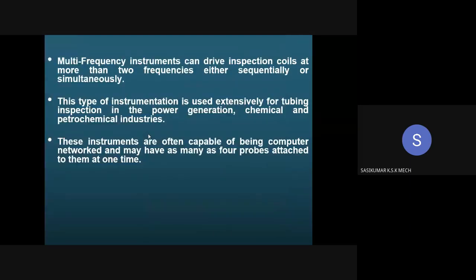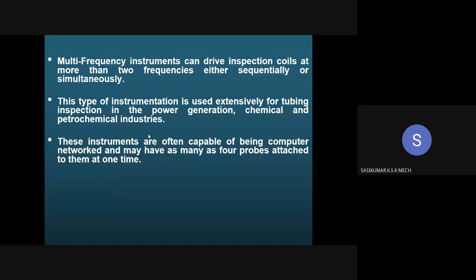They drive the coils at more than two frequencies. This type of instrumentation is used for tubing inspection, such as in the power generation, chemical and petrochemical industries, where the tubes are to be tested by means of NDE methods. In those cases, multi-frequency instruments are a better candidate.